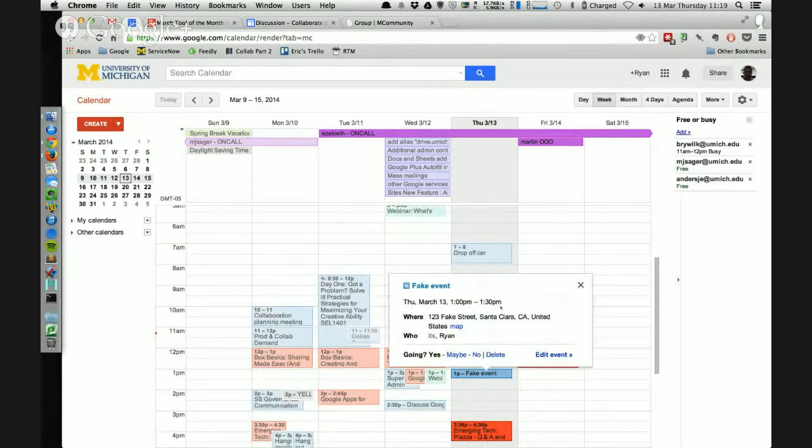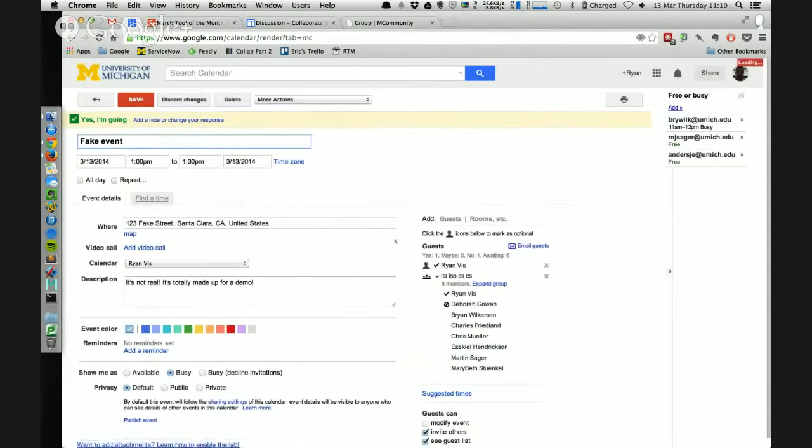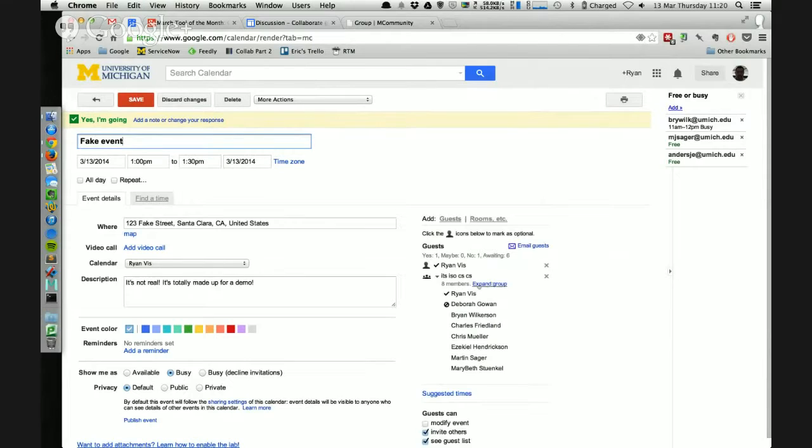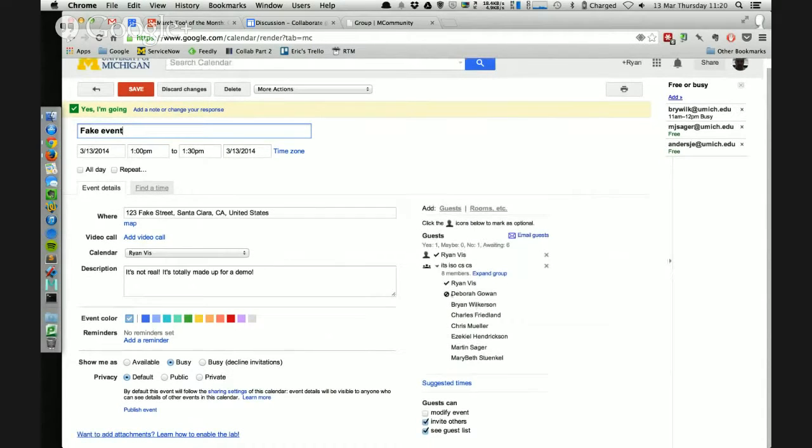What you'll notice is I've invited its.iso.cs.cs as a group. When I go into that event and I look at the attendance, what I see is on the guest list, I see me as the organizer, and I see a group that I've invited. If I expand that, I see 8 members of the group. And what's really handy is I see the responses for them individually.